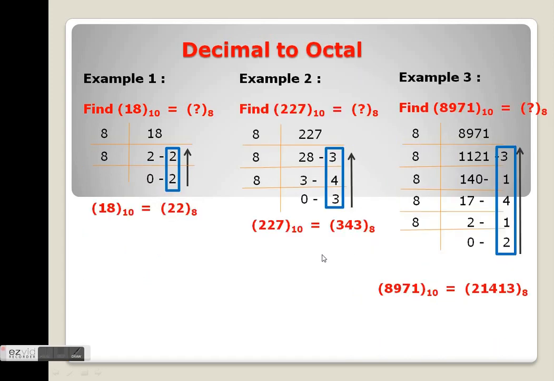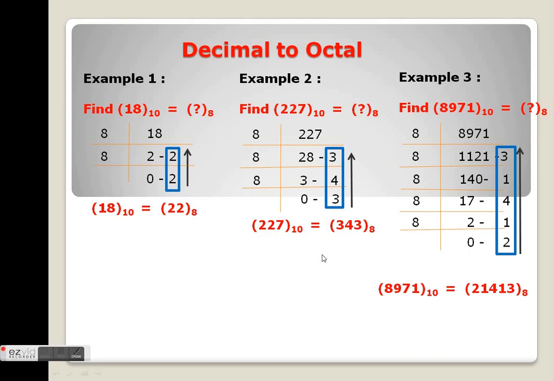Students, let's now discuss the conversion of decimal numbers to the octal number system. In this case, we will divide the number given in the decimal number system by 8 and we will note down the quotient and the remainder. For the next step, the quotient becomes the number and we will apply the same procedure. We will divide the number by 8 and note down the remainder. This procedure is repeated until the value of the number becomes 0. After that, we note down all the remainders from bottom to upward direction, and the number we obtain is the octal form of the given decimal number.